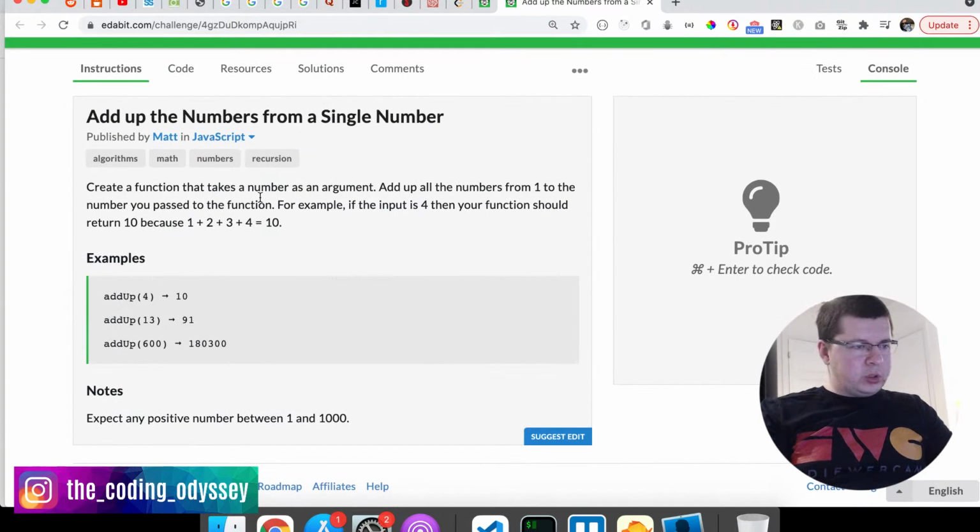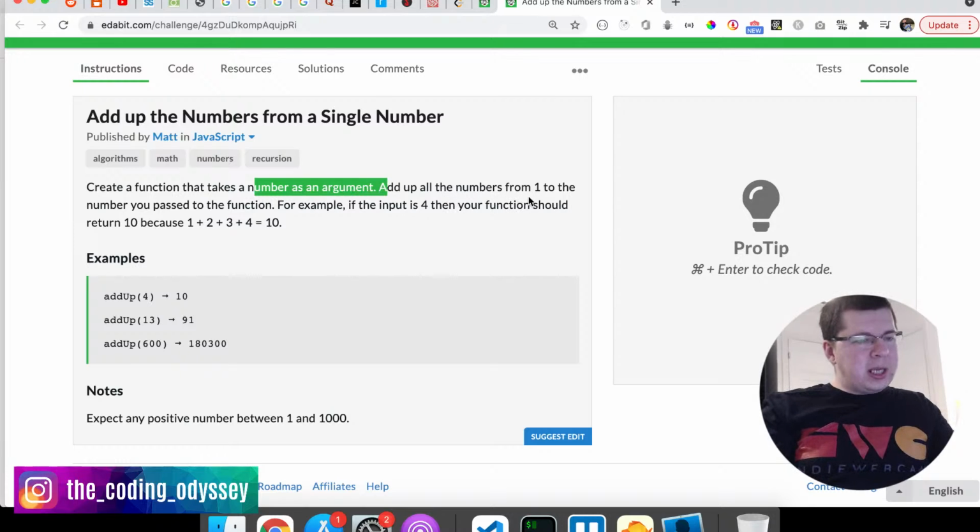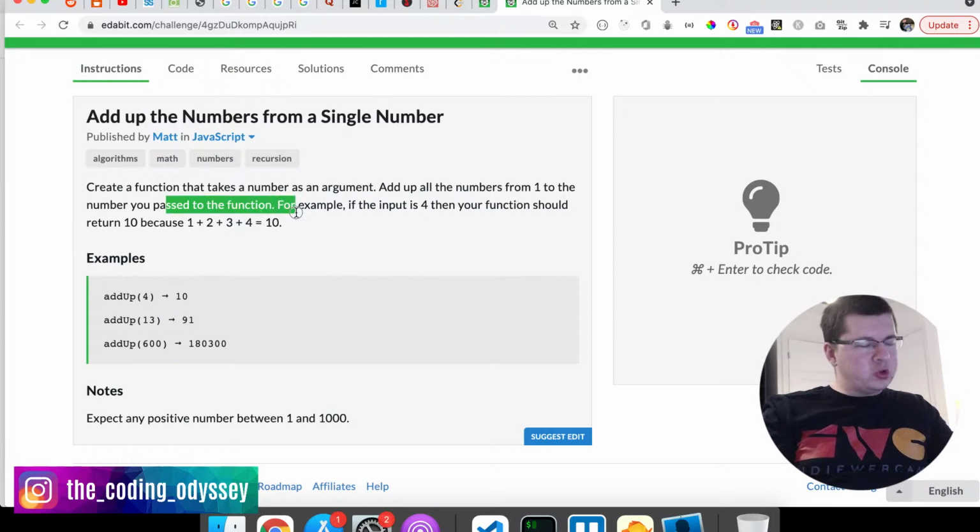But alright, so here they say add up the numbers from a single number. Create a function that takes a number as an argument. Add up all the numbers from 1 to the number you pass to the function. For example, if the input is 4, then your function should return 10, because 1 plus 2 plus 3 plus 4 equals 10, right? And they say expect any positive number between 1 and 1000. Alright, so